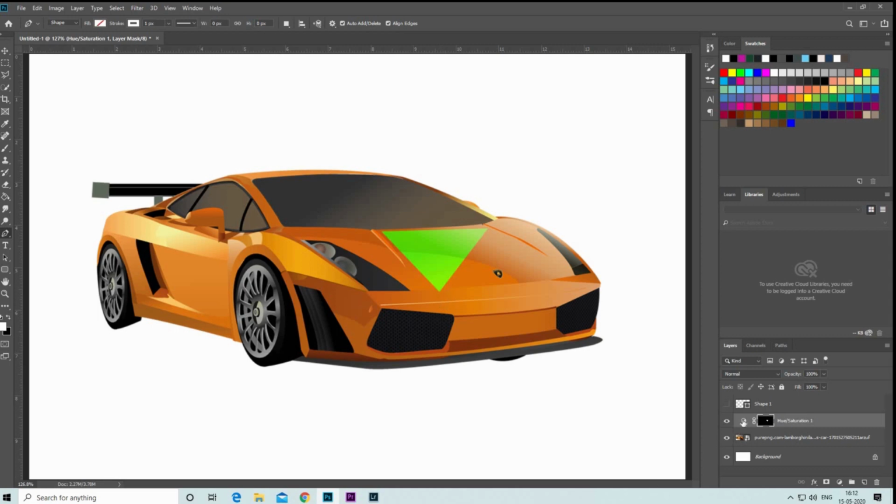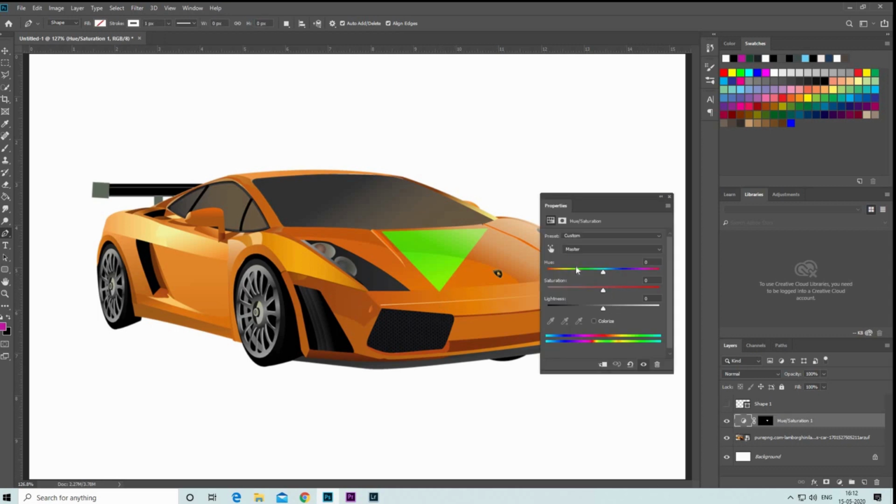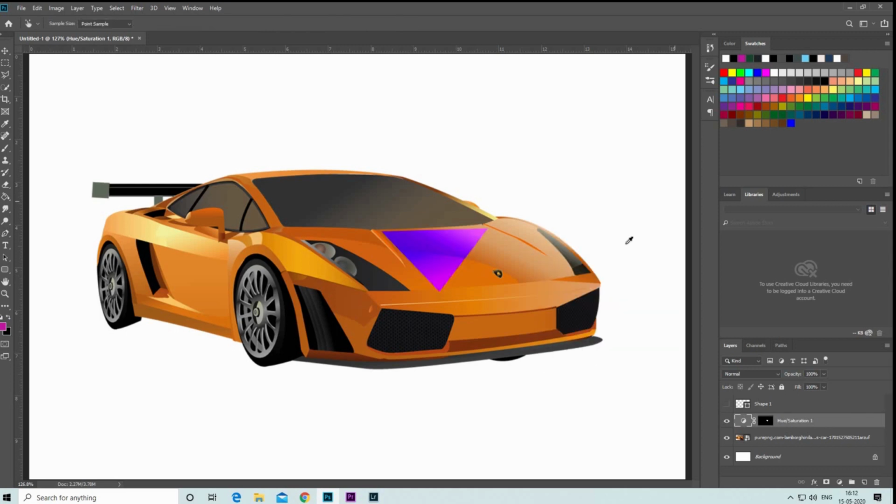Your car is given a very beautiful design with the new color. You can also change the color by adjusting this. So you can put it to any color which you want. So isn't this pretty good? I hope this helped you very much. There are many other applications of hue saturation adjustment. So that's all for this video. Now it's time for a small recap of what we have learned in this video. First, hue is what color, saturation is how much color, and brightness is the amount of light in your photo.